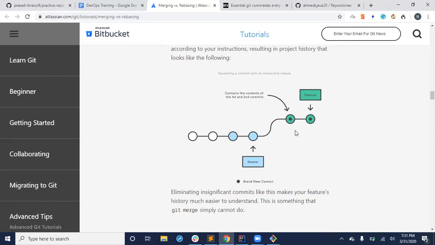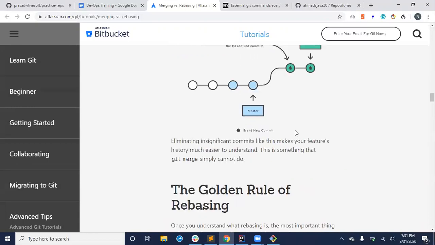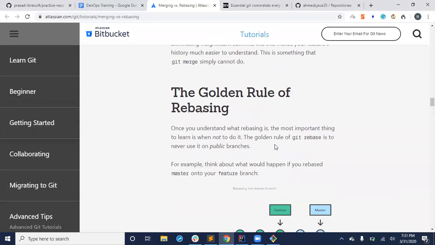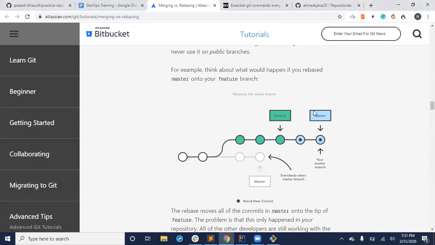Whereas in rebase, no. The way it works is, in the first commit, you make some 3 changes to your file. In another commit, 4 files have changed. So when you do rebase, each commit you need to put onto your new branch. So rebase is sometimes a very irritating process, and they also say there is a golden rule. See this, the golden rule of Git is to never use rebase on public branches. When you work with a lot of people in general, rebase is a very, very bad option.